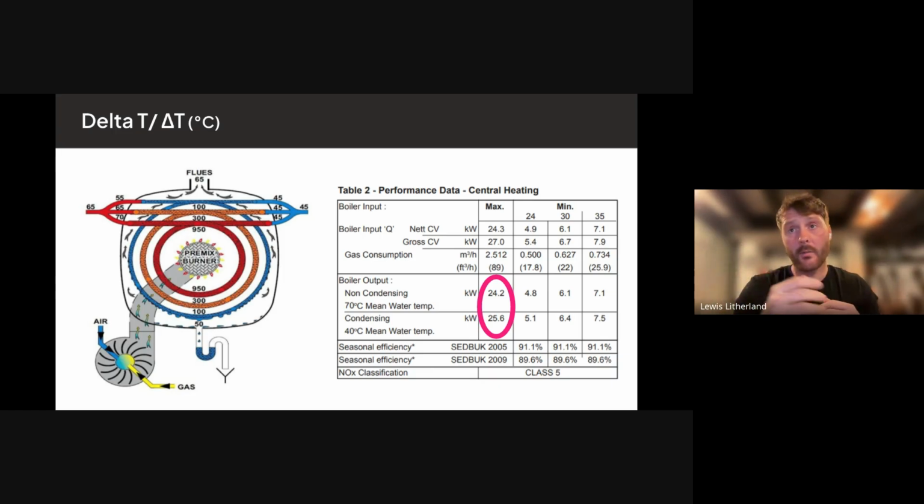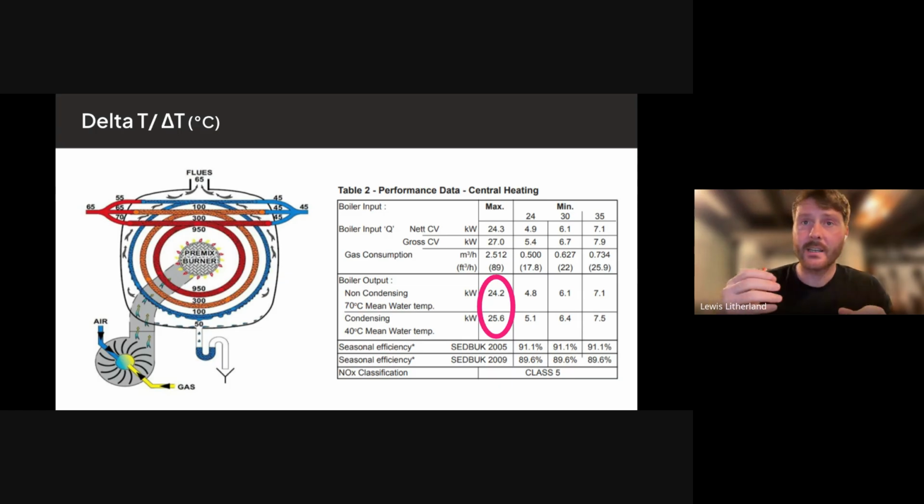And then on the right there, we've got an image of a boiler. I won't say what boiler it is because I'm going to call them out in a minute. But you can see there, where it says boiler output, what I've circled. In non-condensing mode, the boiler output on this example is 24.2 kilowatts. If it's actually in condensing mode, so you've dropped your mean water temperature, your average water temperature inside, by 30 degrees, so it's now at 40 degrees, you're actually getting an extra 1.4 kilowatts out of this boiler,